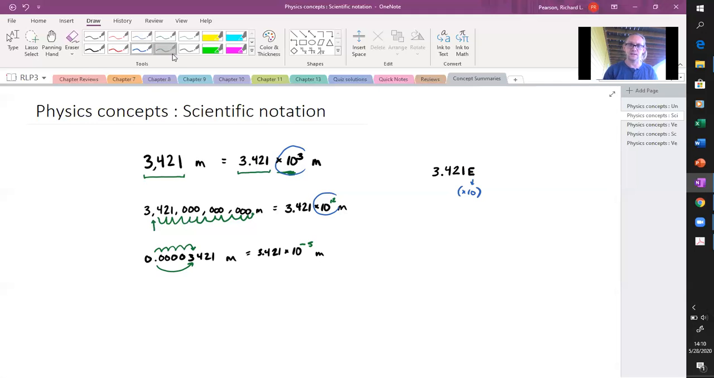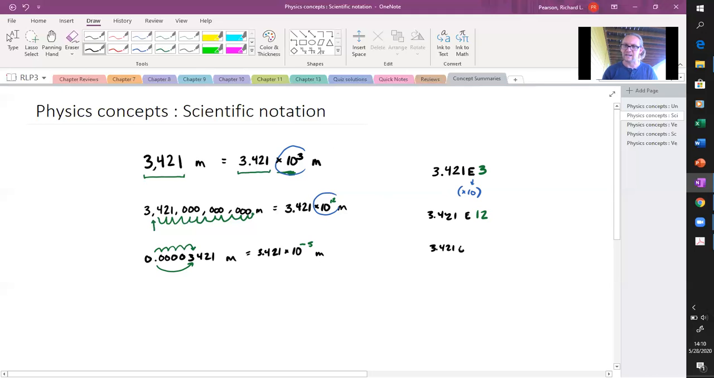So in this case, we'd have 3.421 E3, or we would have E12, or I guess I should put this in 3.421 E, and this one would be -5. Okay, so